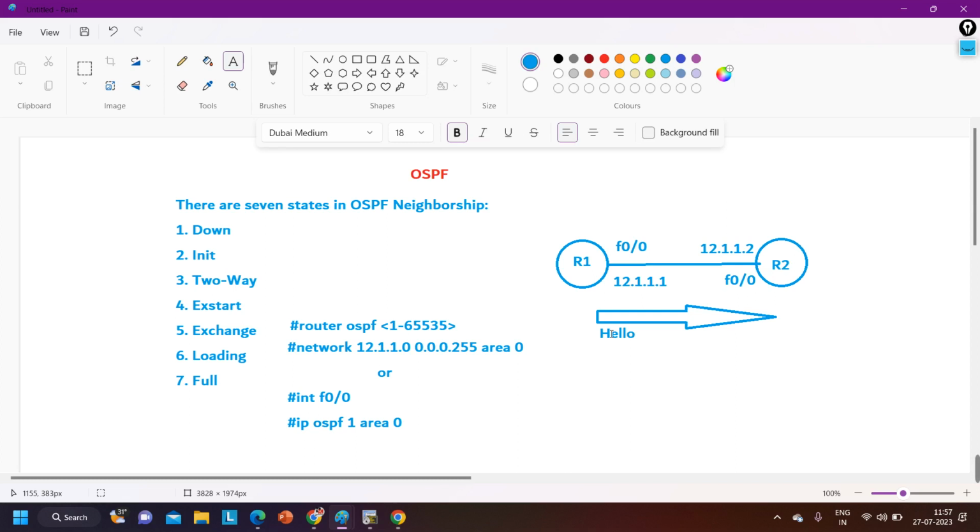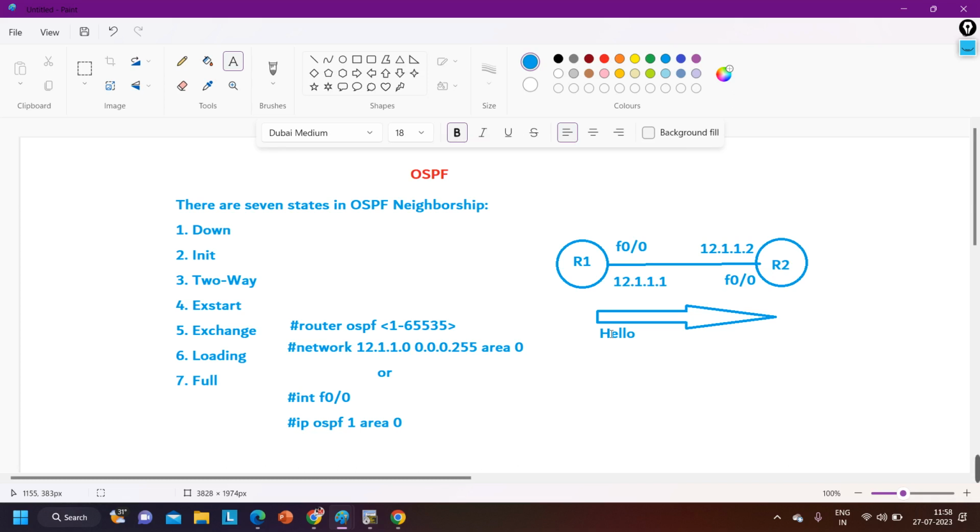If there is more than one loopback, the higher IP address on the loopback interfaces becomes the router ID. If no loopback exists, then the physical interface IP address becomes the router ID. Loopback is a logical interface and FastEthernet 0/0 is a physical interface. If there is more than one physical interface, the higher IP address on the physical interfaces will be elected